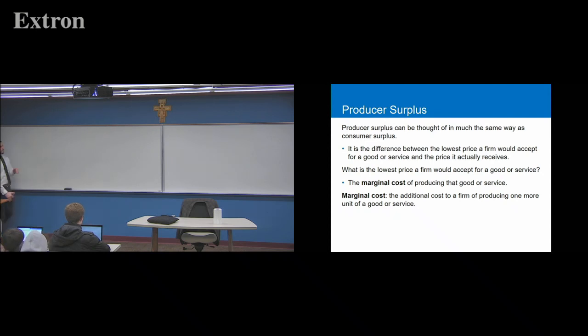All right. So, producer surplus. Same basic idea as consumer surplus, but for the firms producing the goods. So you can think of it pretty much the same way. There's a difference between the lowest price a firm would accept for a good or service and the price it actually receives. So the lowest price a firm would accept for a good or service is the marginal cost of producing that good or service. So if the cost of producing the next pizza for whatever the new pizza place in town is,